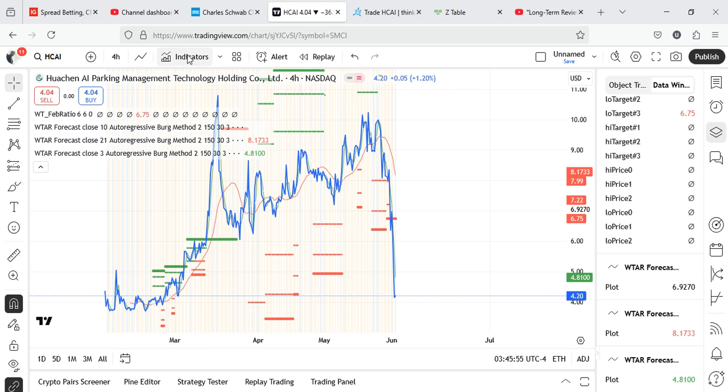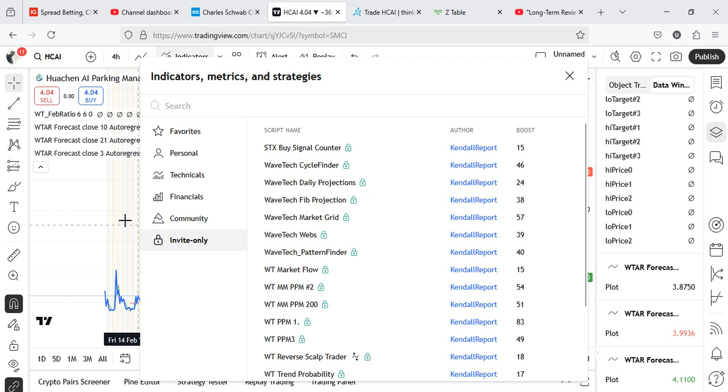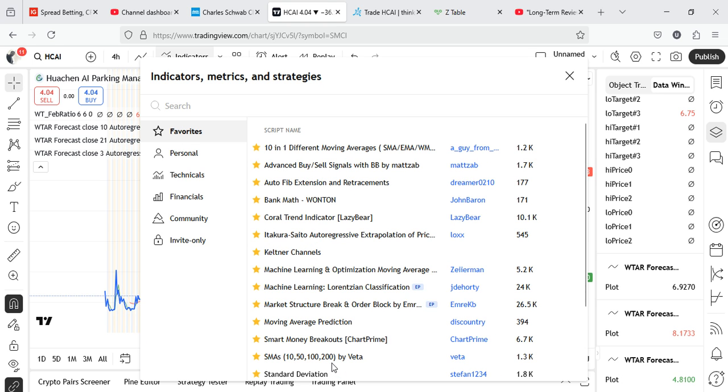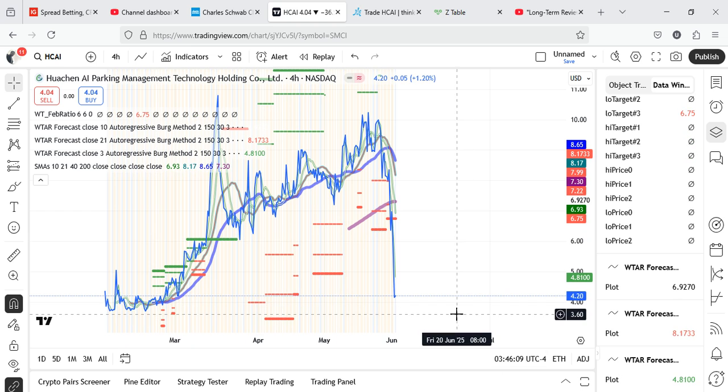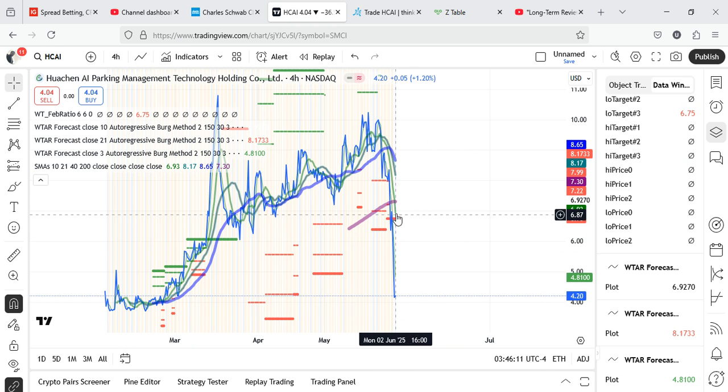Okay, so let's get back and apply the moving average indicator. You can see this is where the 10 period moving average is. The stock price itself is way far away from it. So it looks like it's going to take a long time for it to come back there. But if it gets pumped up again, then all of that will totally change.